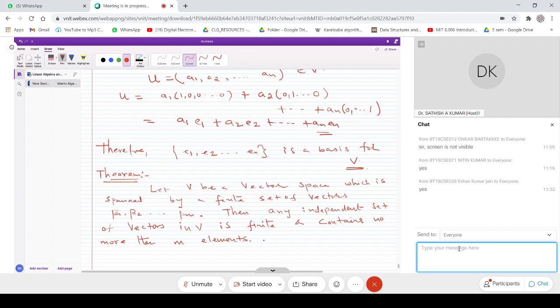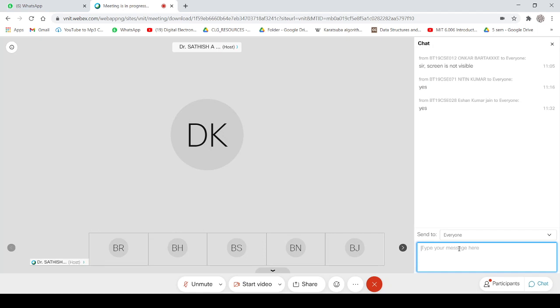So see what is given. V is a vector space, and it is given that V is spanned by a set of vectors beta 1, beta 2, etc., beta m. So what is the meaning of that? Any vector in V can be expressed as a linear combination of these vectors beta 1 to beta m. So if it is so,